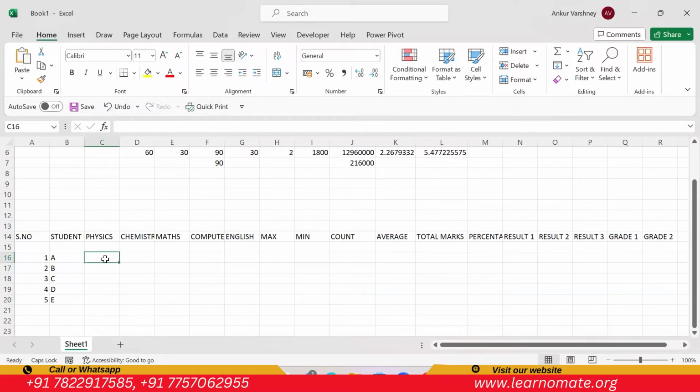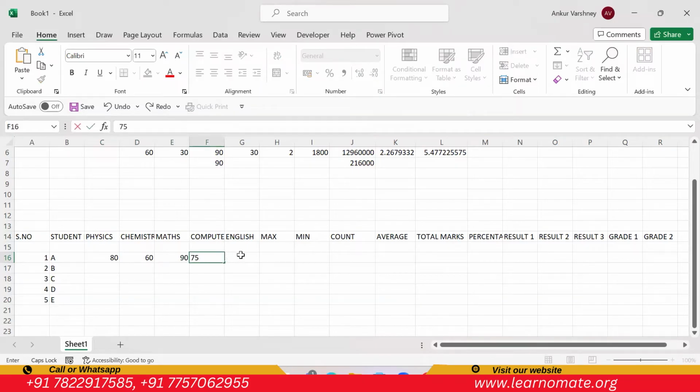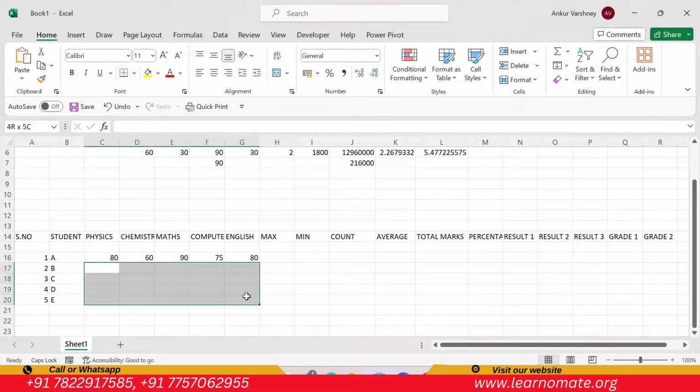Suppose A is getting 80 in physics, he's good in physics, and then in chemistry he's getting 60, not good in chemistry, but he's good in math, so he's getting good marks in math. Computer, his average, 75. English, he got 80. Okay. Now,